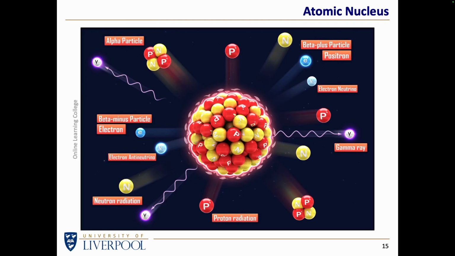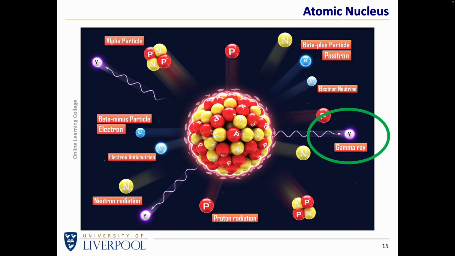The nucleus might decide to spit out so-called beta particles. They're called beta because at the time people didn't know what they were. We now know that beta particles, if they have a negative charge, are electrons. If these beta particles have a positive charge, we know that they are anti-electrons. They are antimatter. The electron is part of matter. A positively charged version of the electron is an anti-electron, sometimes called a positron, and that is a particle of